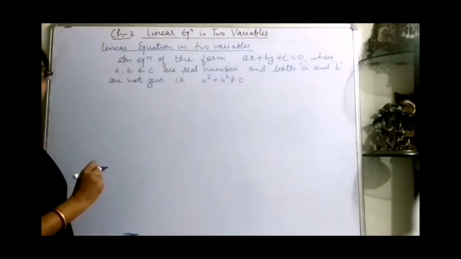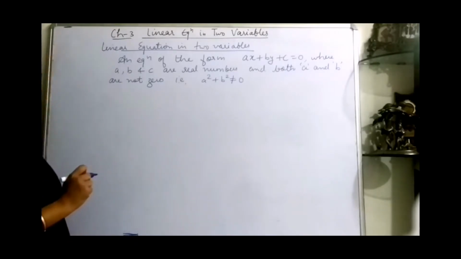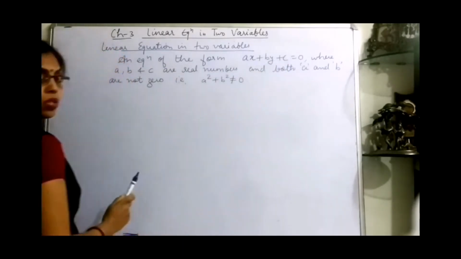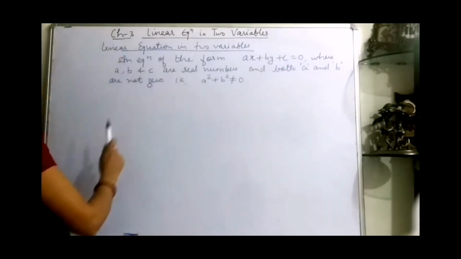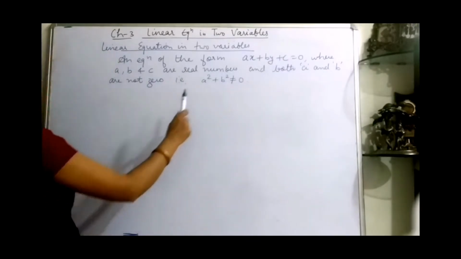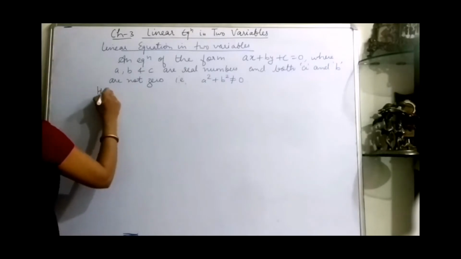This is the standard form of the linear equation, or how to define the linear equation in two variables. An equation of the form ax plus by plus c is equal to 0, where a, b and c are what? They are real numbers and both a and b are non-zero. That is the condition a square plus b square is not equal to 0. Now second,